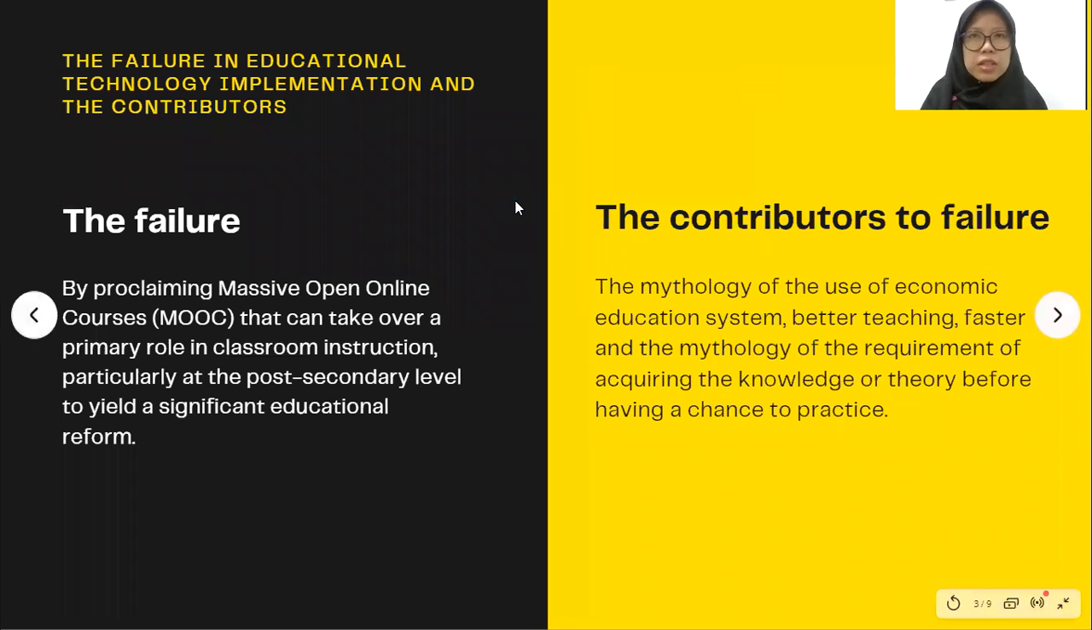But the mythology of better teaching faster has little basis in reality. There might be inherent efficiencies in having pre-designed courses ready for consumption, but basing the argument for the integration of digital technologies into education, particularly teacher education, on efficiency models seems doomed to failure according to history. And the second one is